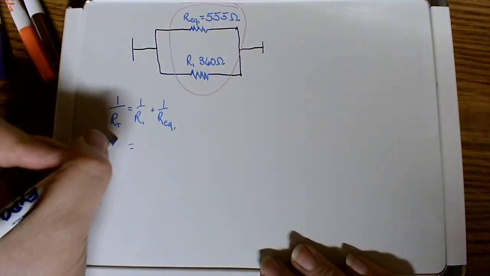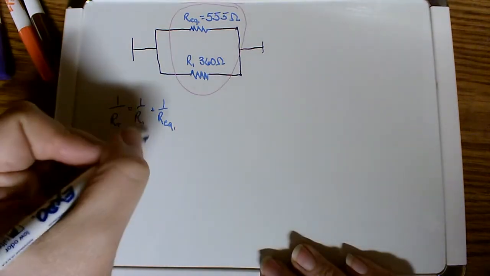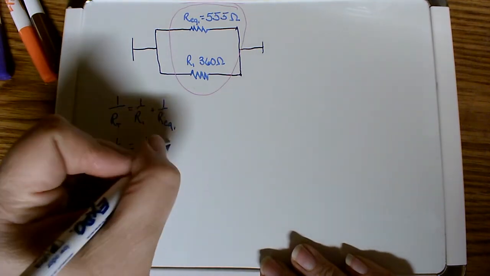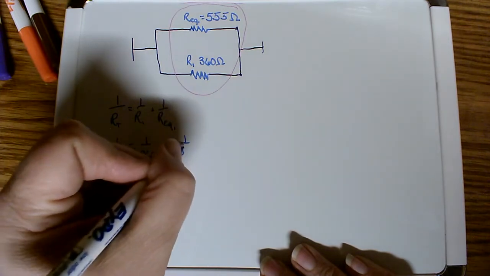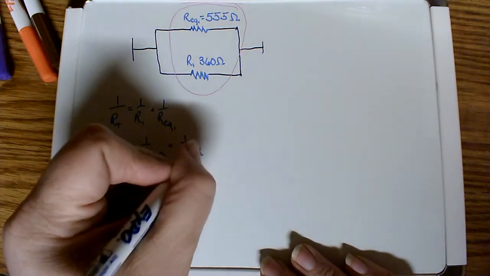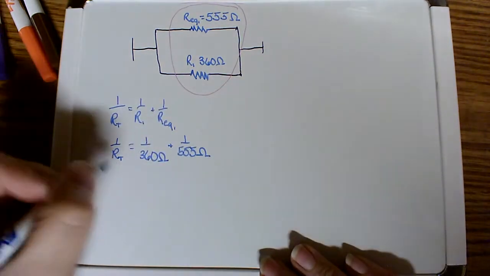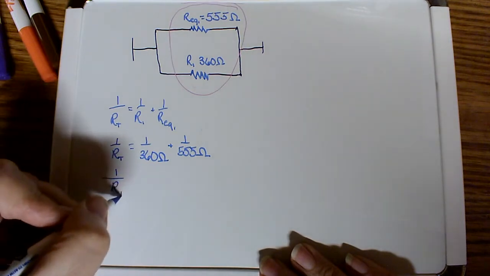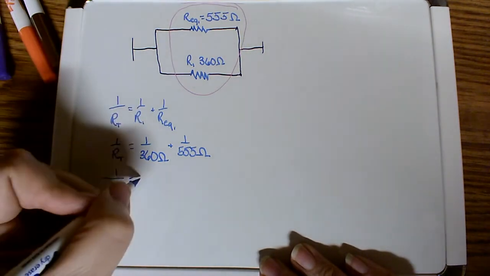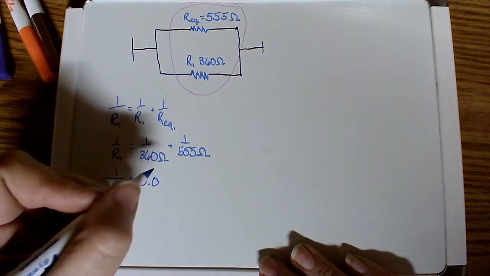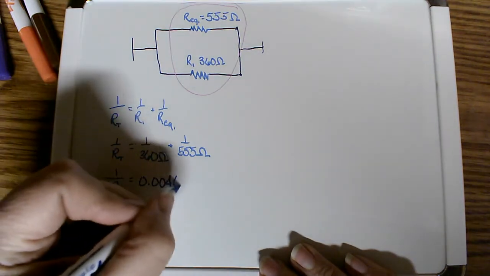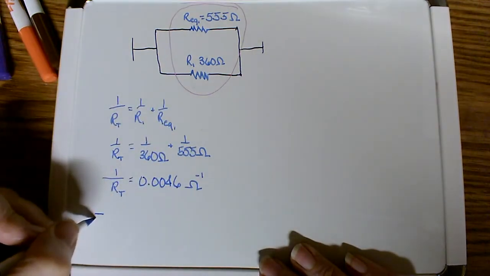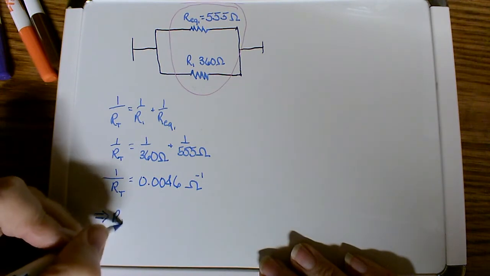So what we're going to do now is use the method we have for finding the equivalent resistance again. For a parallel circuit, 1 over Req is equal to 1 over R1 plus 1 over R2. In this case, it's going to be 1 over the total resistance, RT, is equal to 1 over R1 plus 1 over Req1. So we're going to have 1 over 360 ohms plus 1 over 555 ohms is equal to 1 over the total resistance, which is equal to